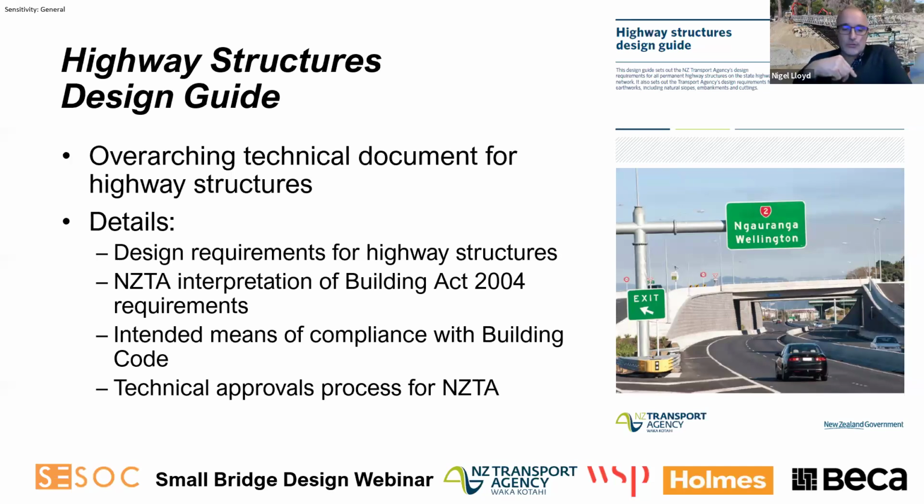Elements to put together, such as the form of the bridge. What alternatives have you considered? How are you going to design the bridge? How is it going to be built? So they're just pointers for things for you to think through in terms of what you are expecting a bridge to look like, how it is going to be put together, and then how it is going to be maintained in the future.